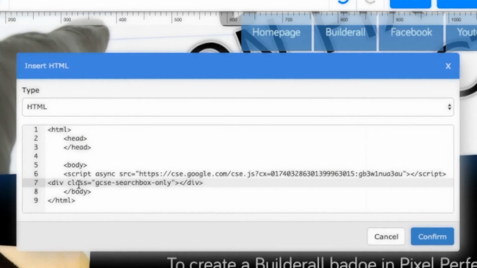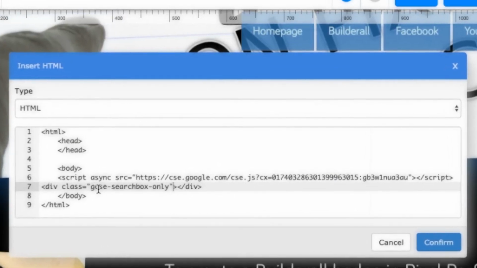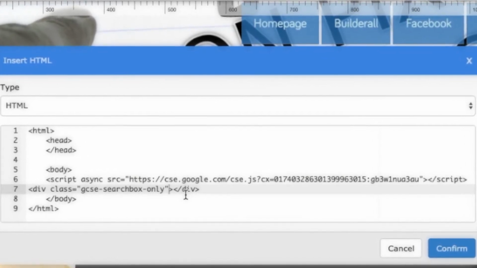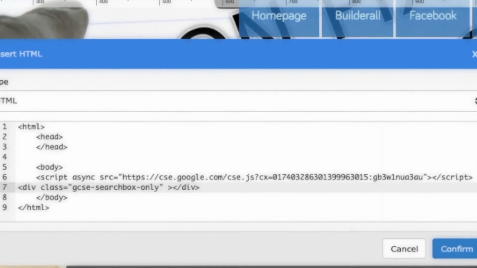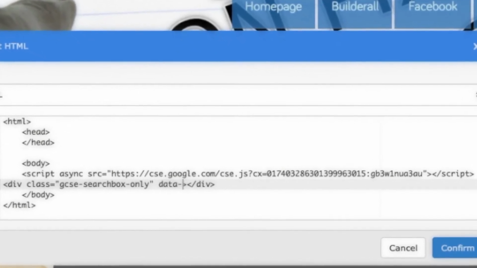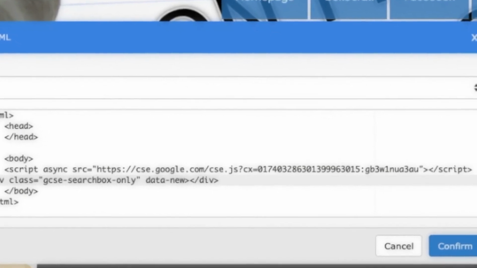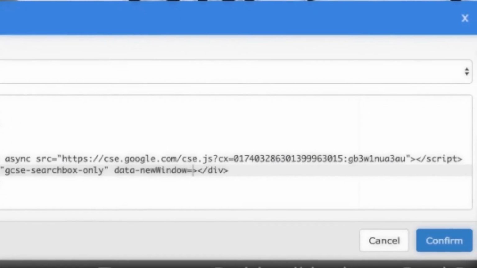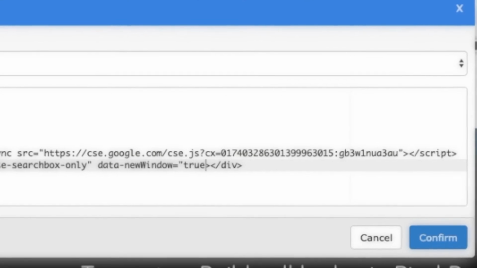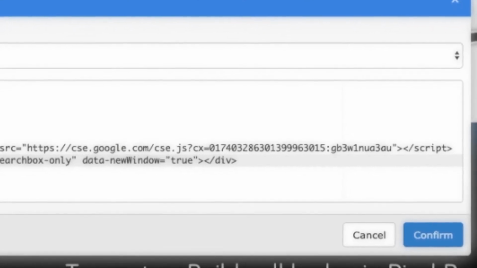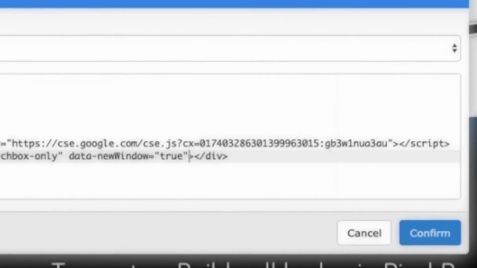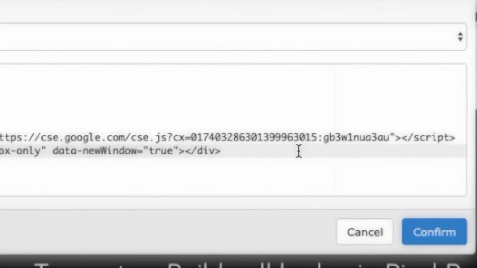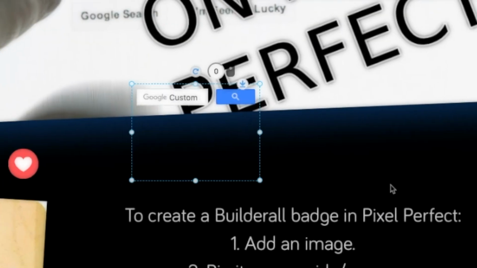So you see, after div class equals gcse-searchbox-only, and double quotes, then you put a space, data-new-window equals double quote true and double quote. So data-new-window equals true. So it will open my search results page on my website in a new window. So you say OK, confirm, and you will see